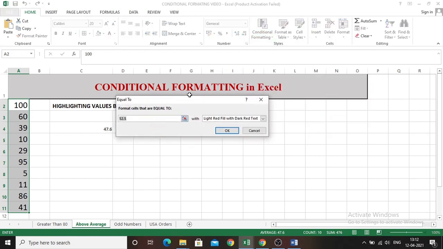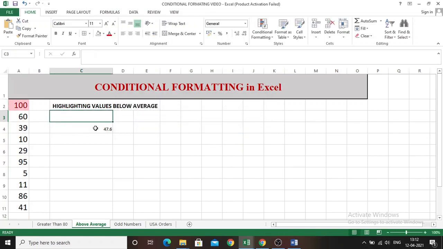Now I want to see the value exactly equal to a particular number. In this case, let me take 100. So exactly equal to 100 should be highlighted with red font. I'm clicking OK. So here you can see the value exactly equal to 100 is highlighted with the background.